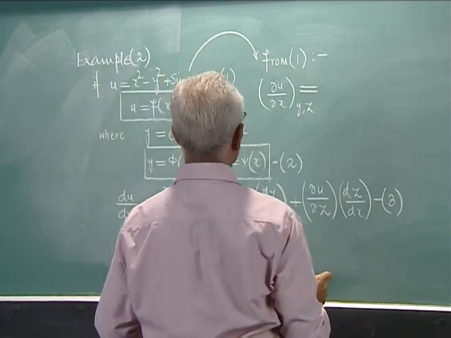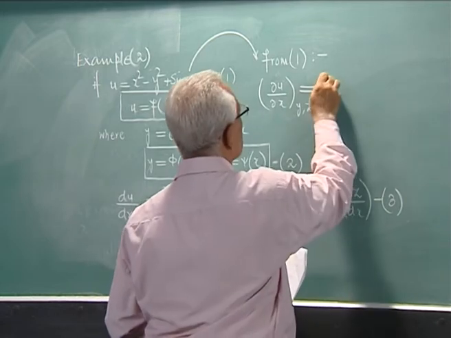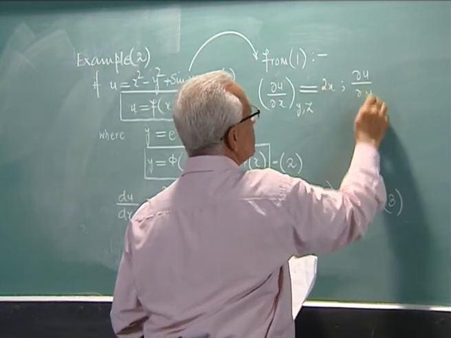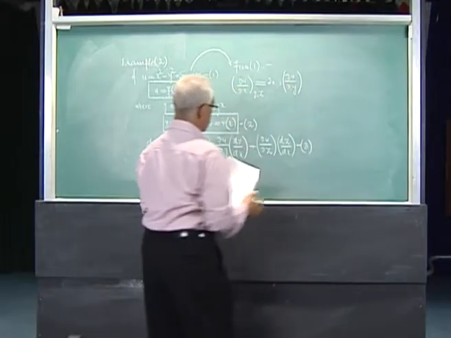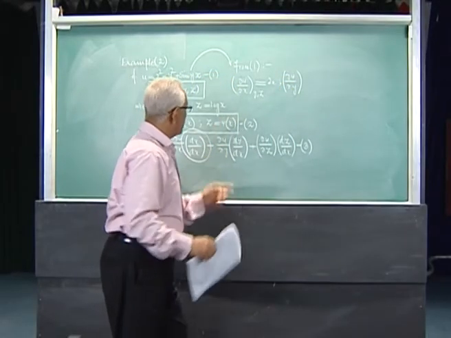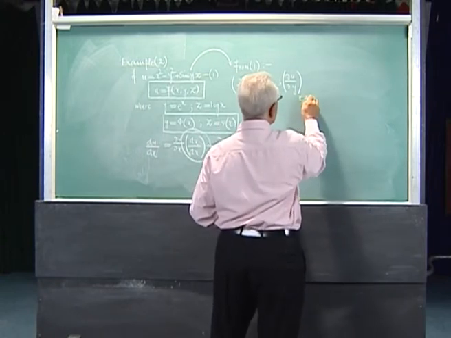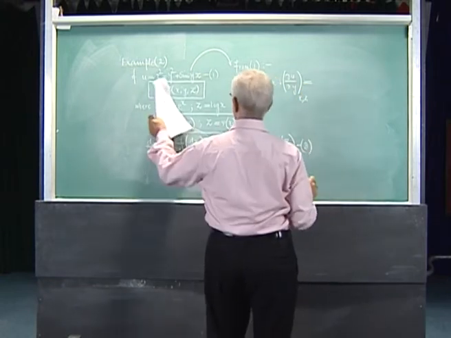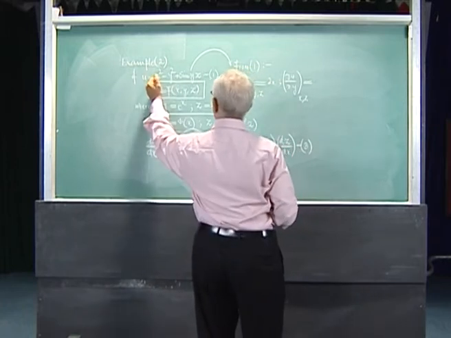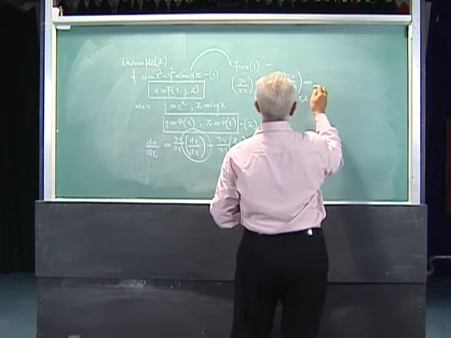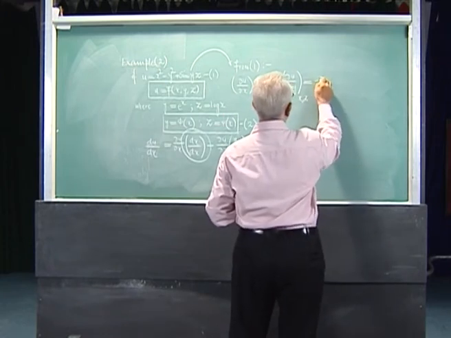With respect to x, it will be only 2x. I'll have partial du dy, keeping x and z constant. With respect to y, x and z are treated as constant. So we have minus 2y